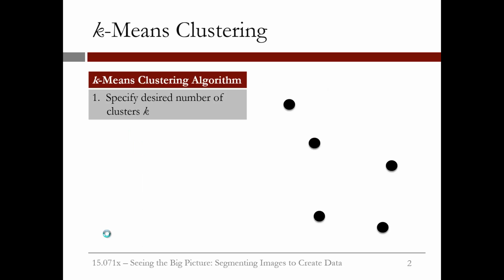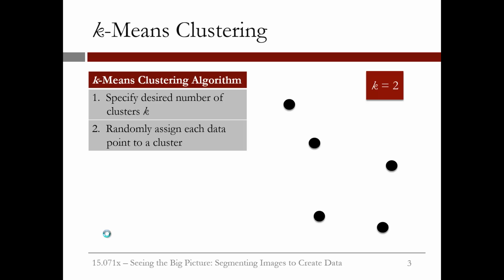In this example, we have 5 data points. The first step is to specify the number of clusters. And suppose we wish to find 2 clusters, so set k equals 2. Then we start by randomly grouping the data into 2 clusters. For instance, 3 points in the red cluster and the remaining 2 points in the gray cluster. The next step is to compute the cluster means or centroids. Let's first compute the mean of the red cluster, and then the mean of the gray cluster is simply the